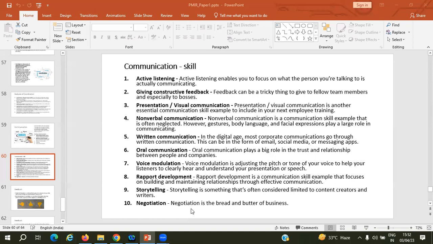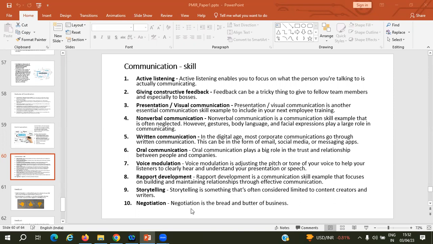So that is required everywhere in business. When you are talking to a customer, when you are working in a company, you are negotiating with your boss, your manager. No, no, I can do this, I need this. You can talk to your partners. Negotiation is the bread and butter of the business. That's what is written. You go to any place, negotiation is required. So that is negotiation skill, part of communication skill.